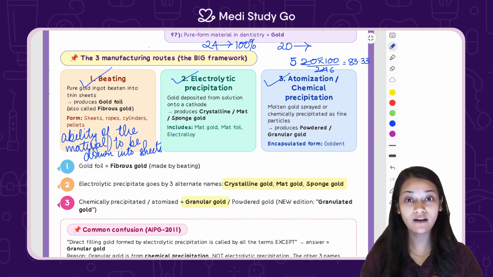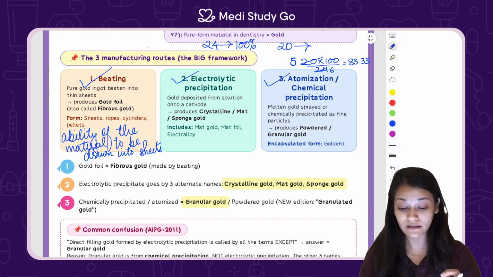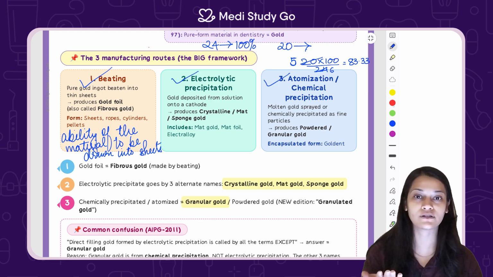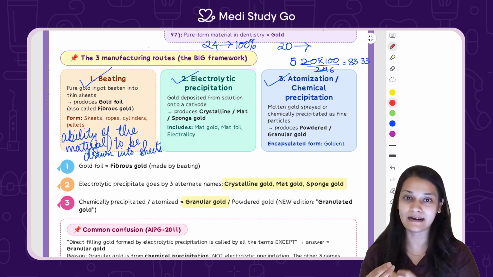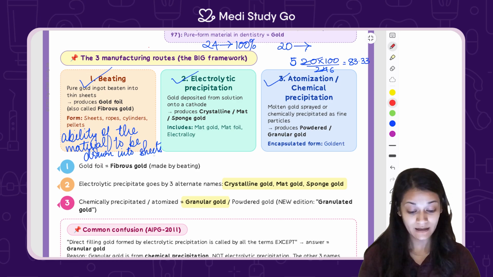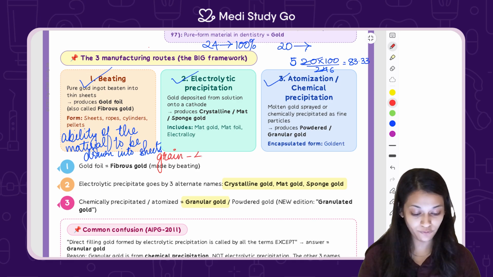So if you also have a sweet tooth like me and are a big fan of Kaju Katli, you will appreciate how silver foil is placed over it, right? That's nothing but thin sheets. Now gold is also available in thin sheets, but one thing is that we don't tell it's in gram or milligram. Here we use a term called grain. So light, and it's either 4 grain or 3 grain that's used most commonly.